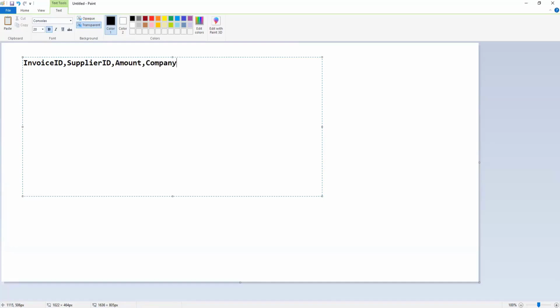And here invoice ID is 1, supplier ID is S1, amount is 22, company is X1. Then again, invoice ID is 1, so an invoice can have multiple lines.